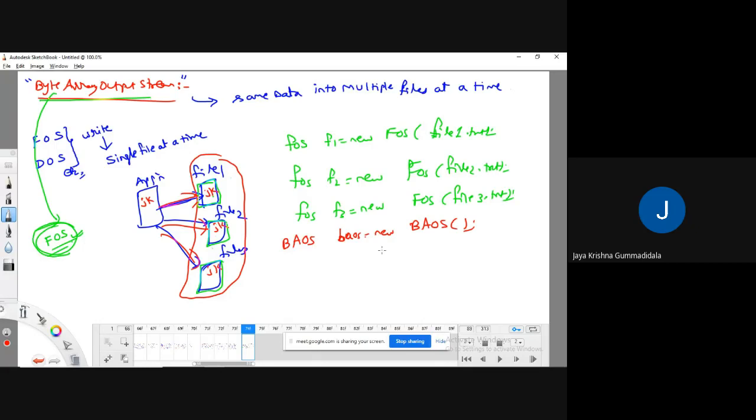I would like to write data in some byte array. BAOS dot write method, you know the methods, right? I will create some byte array equal to 1, 2, 3, 4. I will pass this directly here.